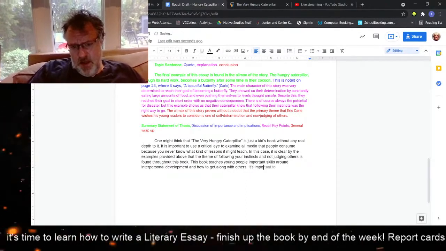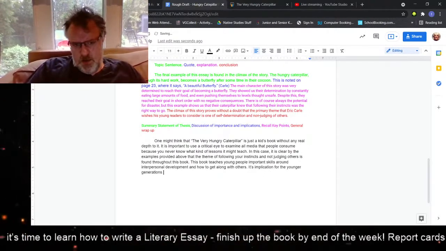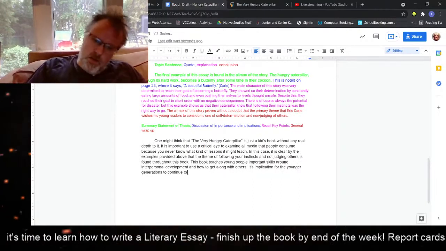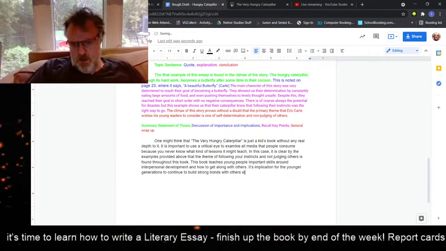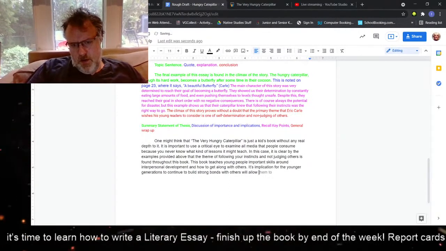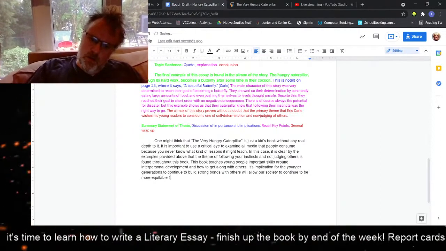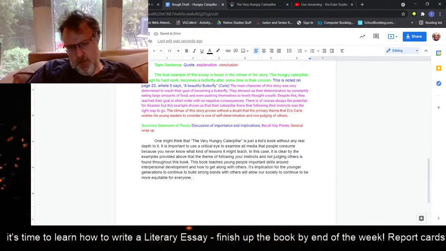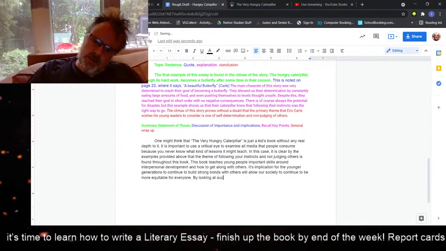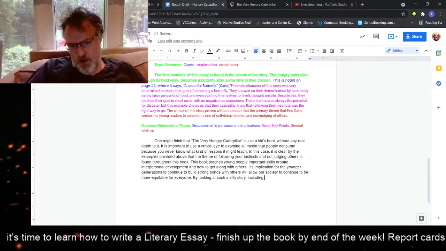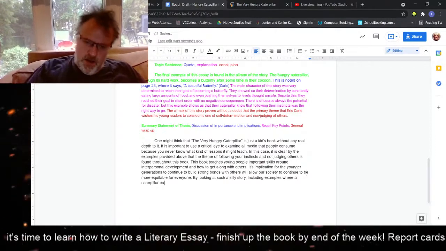Its implications for the younger generations to continue to build strong bonds with others will allow our society to continue to be more equitable for everyone. By looking at such a silly story, including examples where a caterpillar eats